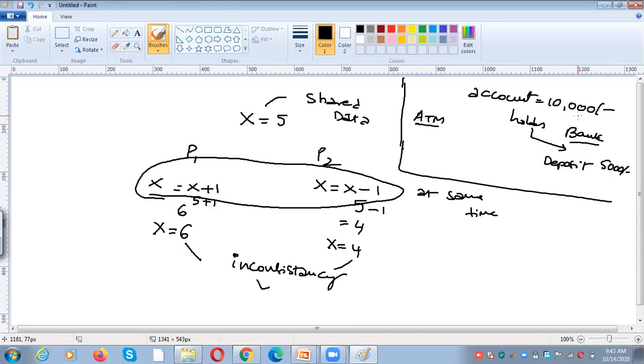Then what is the balance amount here? 10,000 plus 5,000 is 15,000 is the account balance.